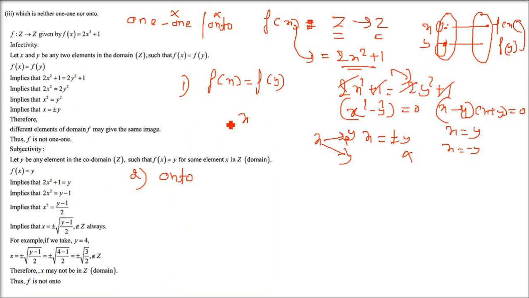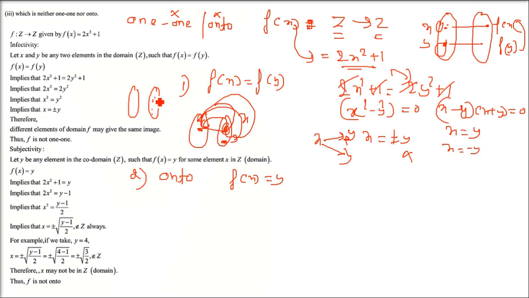Now onto. Onto is what? We have a y, and for every y, whichever we take, it has to have a corresponding pre-image, that is x. For every y, we should have an x. There is no remaining element in the second set. Every element of the second set is related, and it is not free. So no one is remaining here. Not a single element should be remaining. So here we are thinking more about y rather than thinking about x. Anyways, let us now check it.